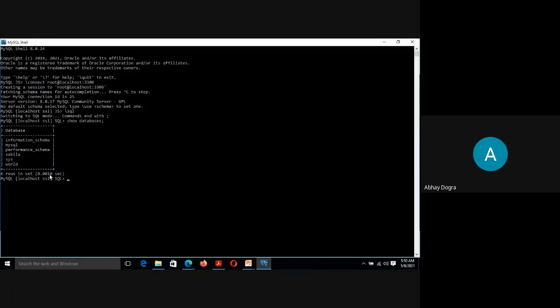right? These are all default databases जो मैंने नहीं बनाया है, they are already there. Pre-existing हैं, package में ही आते हैं, already there. So these 1, 2, 3, 4, 5, 6, total 6 databases are there. So it is showing us the list of databases that are available in MySQL server,